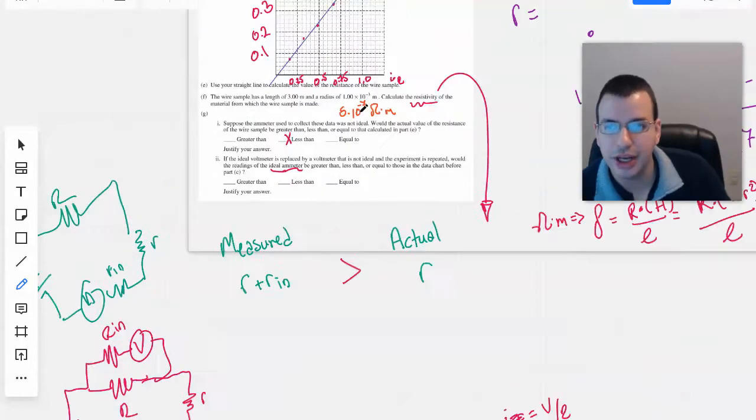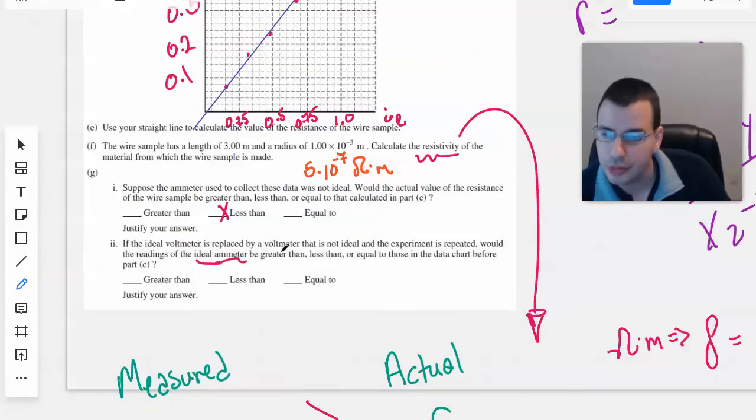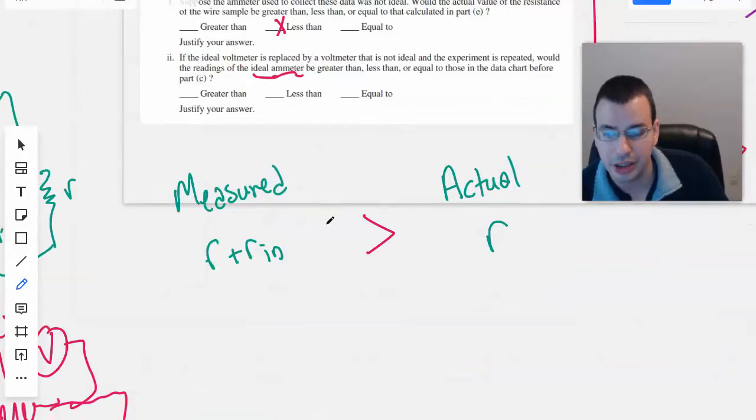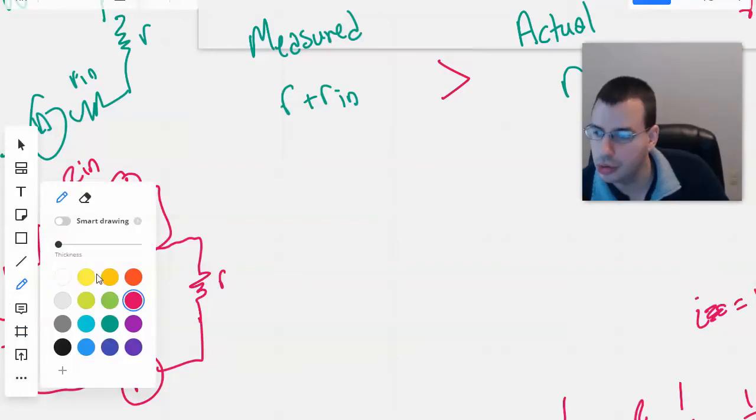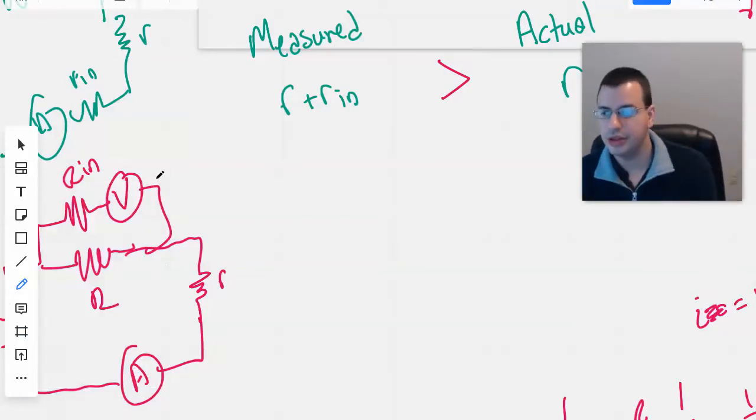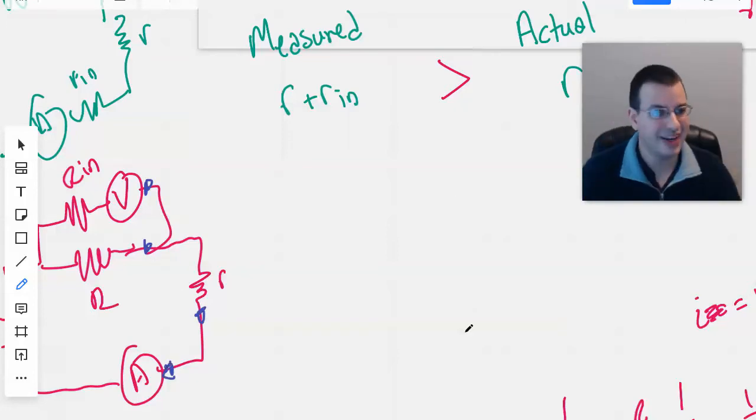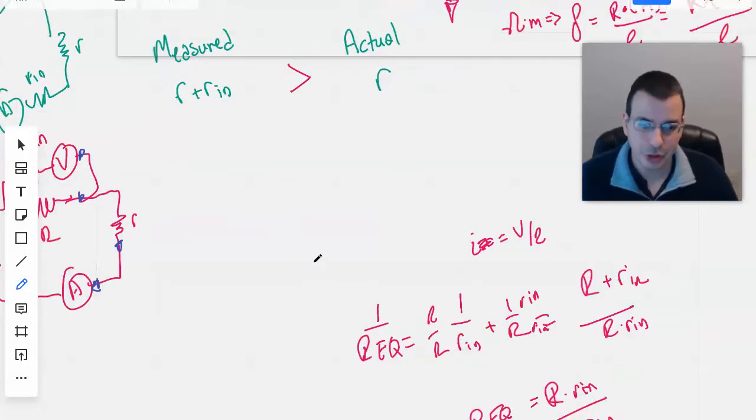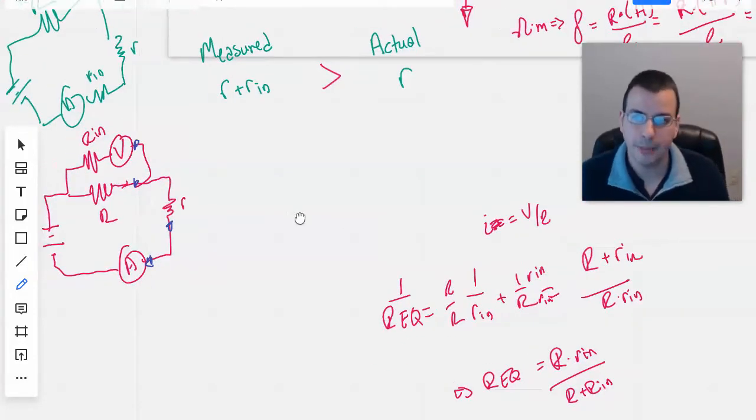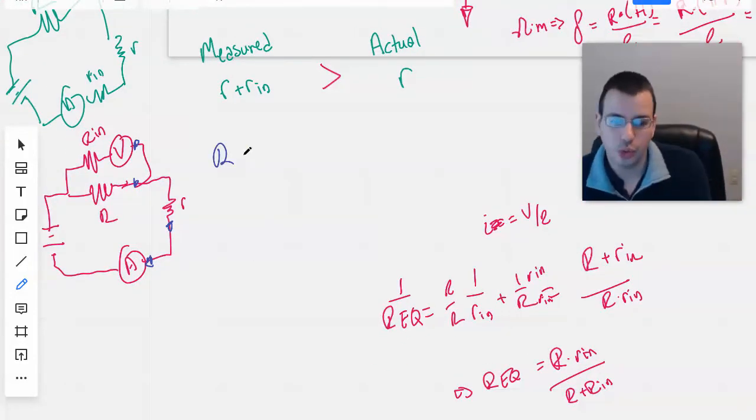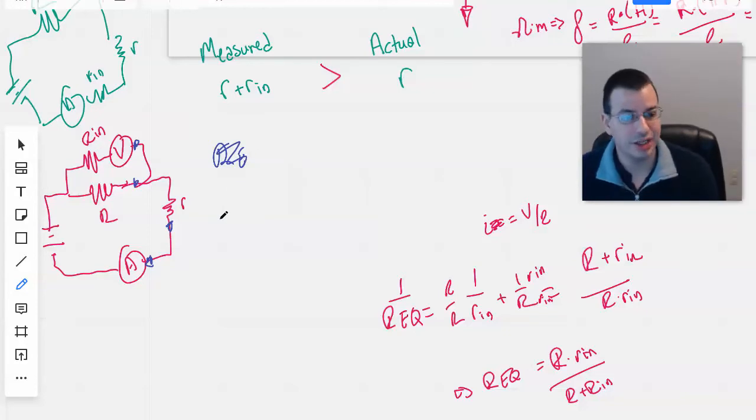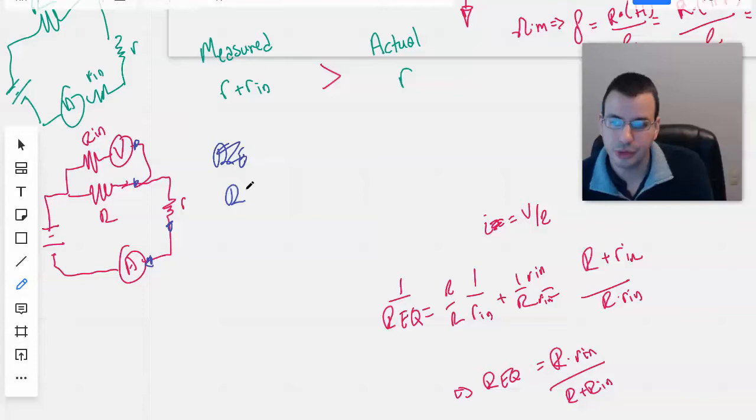So we would measure, so we're looking at the current. With the readings, the ideal, okay, so we're looking at the current. So the current through these two combined would be the same as the current through this resistor, which would be the current through the ammeter. So we can find it at any point. So we want to look at the resistance here. So R equivalent, so R that we would measure with a non-ideal voltmeter would be R times R internal